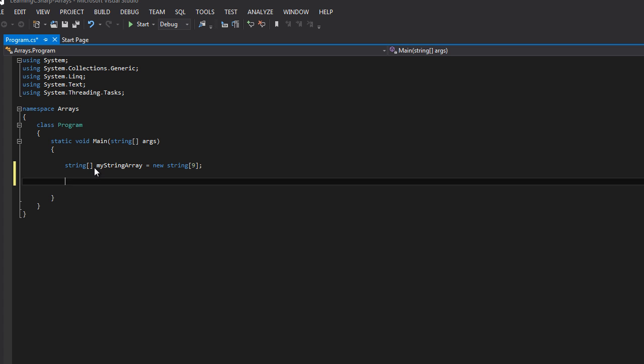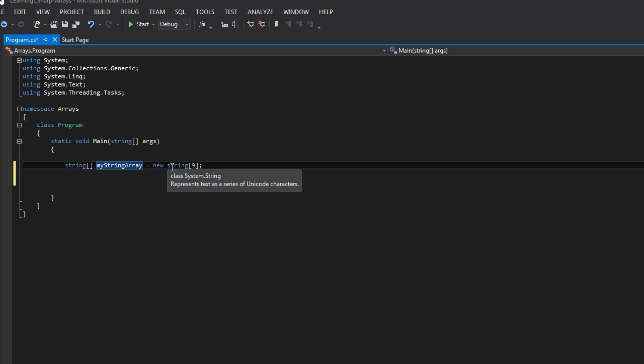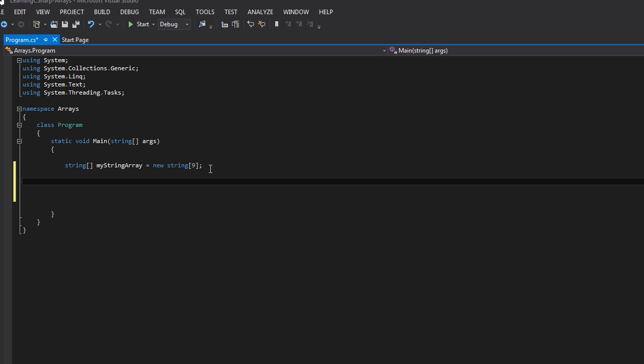Pretty straightforward there. Like I said before, string, and you want the square brackets to tell it, hey, I want a string array. You name it, and you use the new string to say, I'm going to set aside some memory for this, and then how many elements we actually want, and how much actual memory we are going to need for this array. So let's go ahead and put some information into our array. Like I said, we use the SetValue method, so we'll do myStringArray dot SetValue,